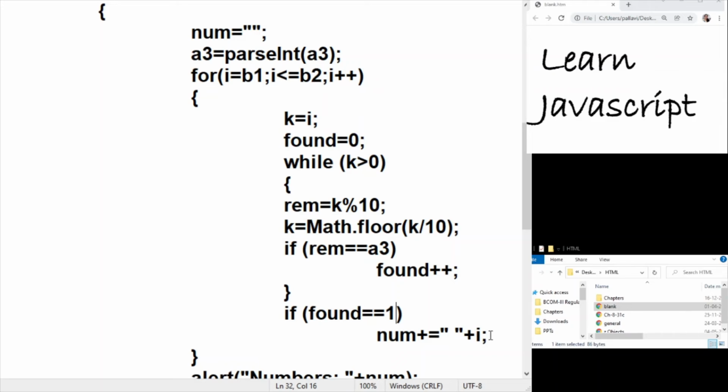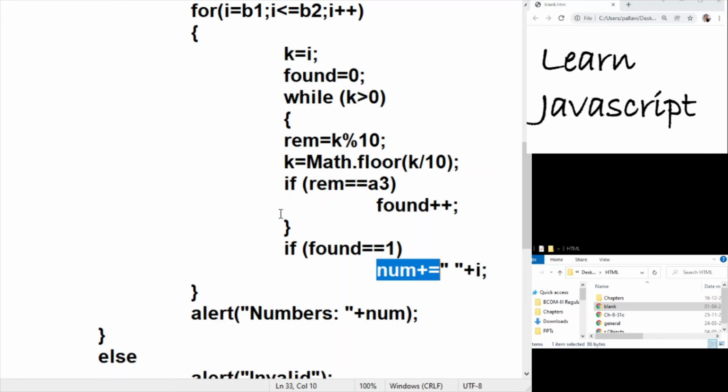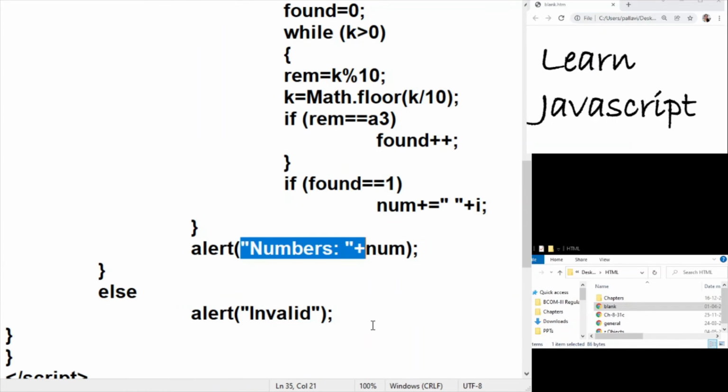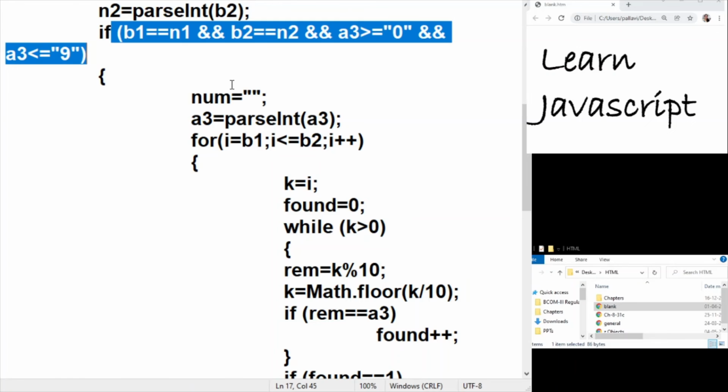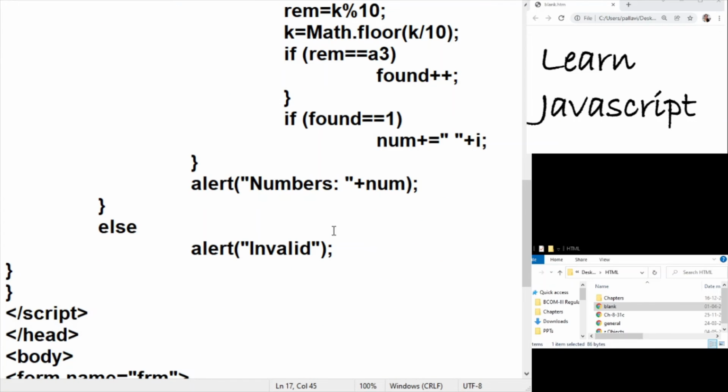If so, then we are going to add that ith number to the concatenated string, and then finally once the entire range has been verified, we would have something in num. Hopefully some numbers are found, they would be printed. Otherwise, if one of the conditions fails, then we are going to throw an error. So kindly go through the earlier video before you check this out.